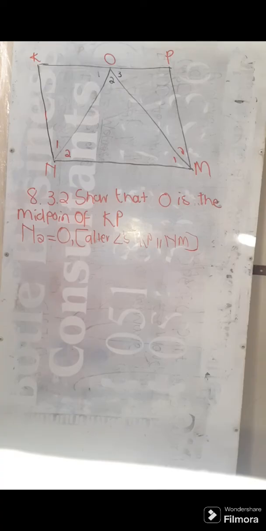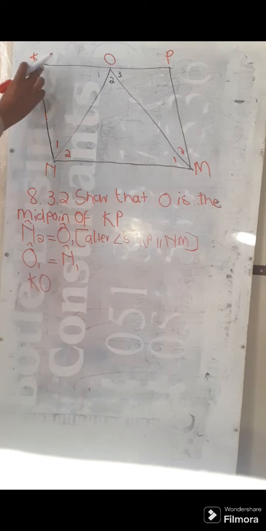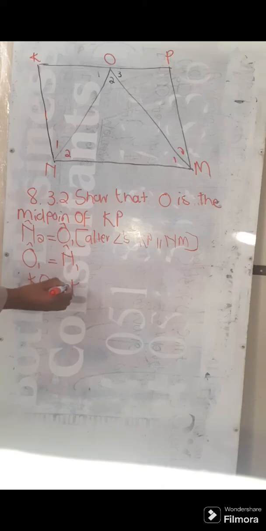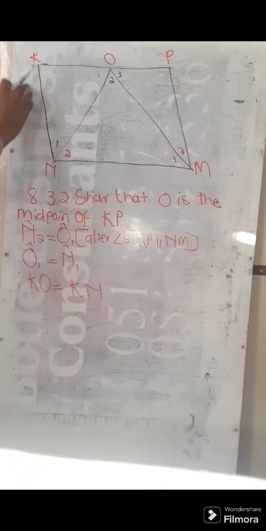That's the reason, and then which automatically says that O1 equals N1. Put this indicates that it's an angle, and therefore KO is equal to KN,